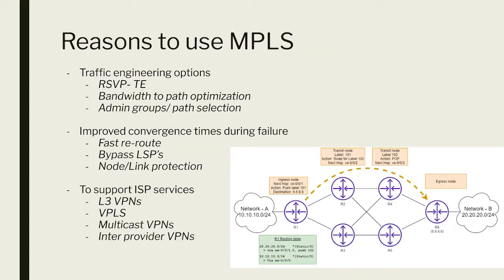So this is something that I mentioned here. We have the likes of RSVP-TE. We have bandwidth to path optimization, and we can have admin groups or path selection. All of that combined together gives a network operator or an administrator or an architect the ability to plan and react to events automatically without needing a large amount of admin overhead to go and change configs on devices or change label states on devices to represent the new topology or the new path based on some kind of impact